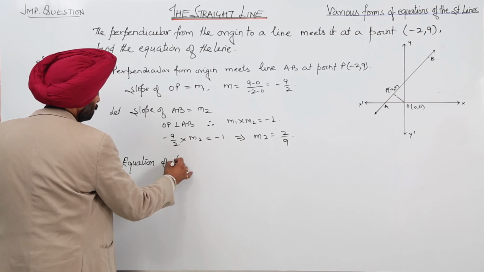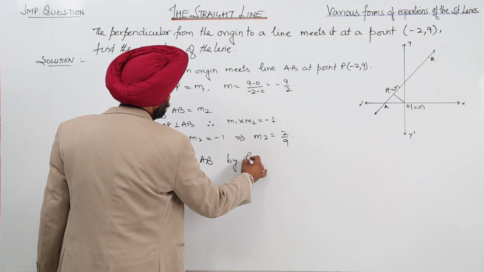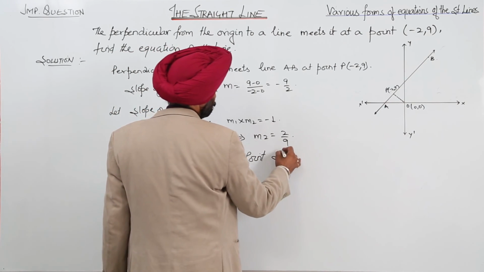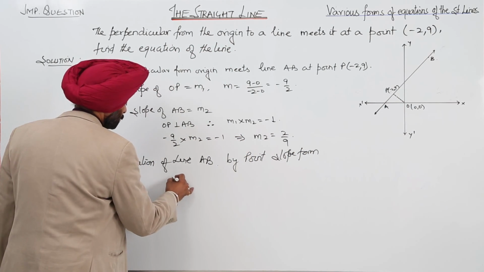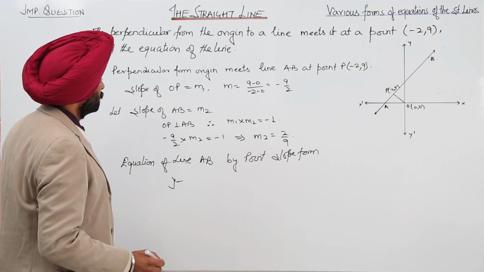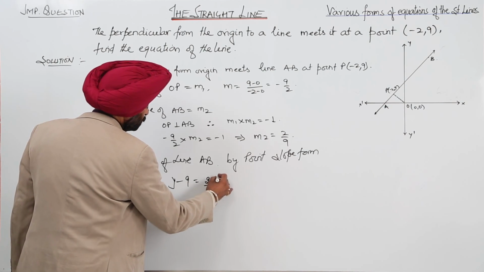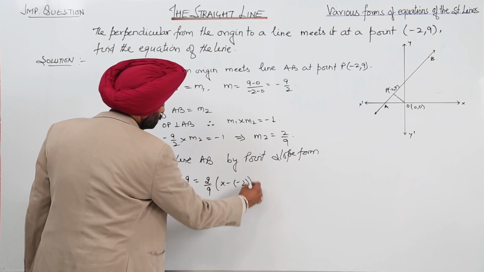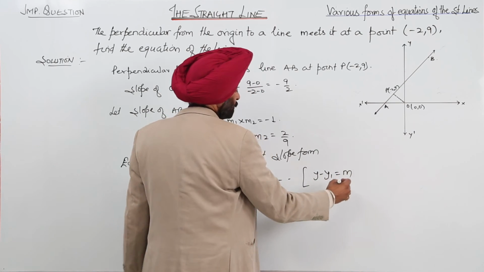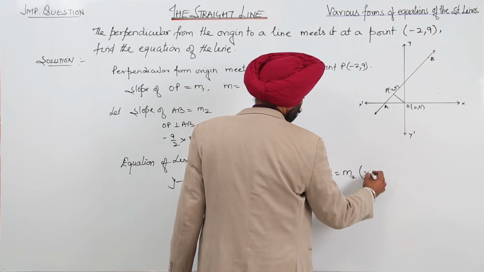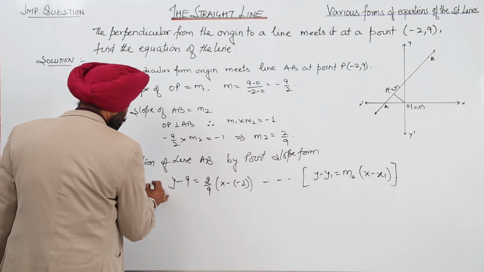Now equation of line AB by point slope form: y minus y1 is equal to M, that is 2 by 9, x minus minus 2. Is it clear? So the equation becomes now